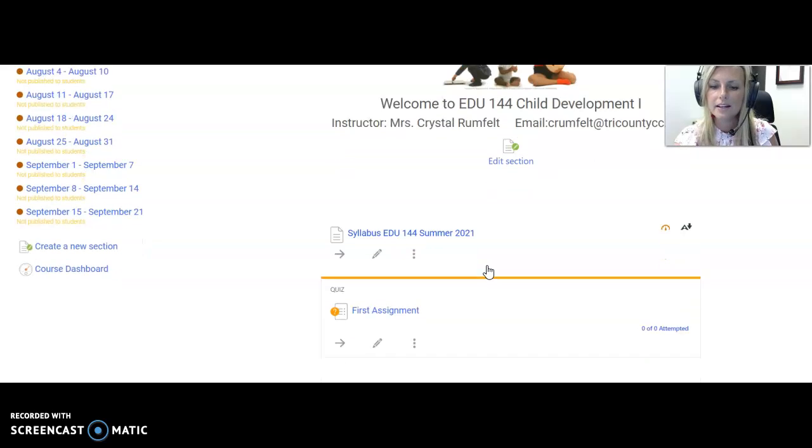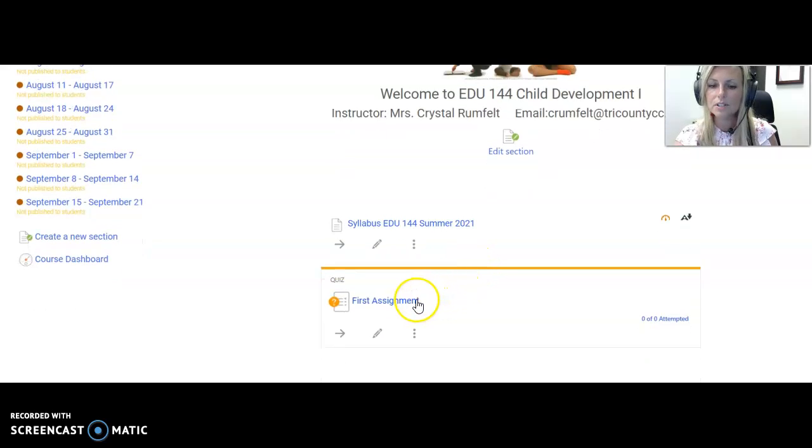And then your first assignment, which is what you have to do in order to actually be counted for this class. For your first assignment, I ask a few little questions from your syllabus. So you'll want to read the syllabus first and then do this first assignment as soon as you can, so that we know and we can count you as present and being in the class. Okay, then